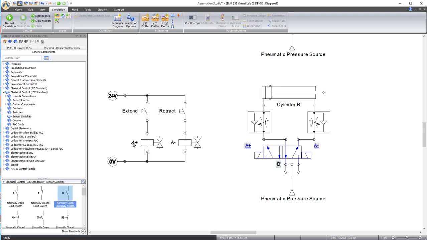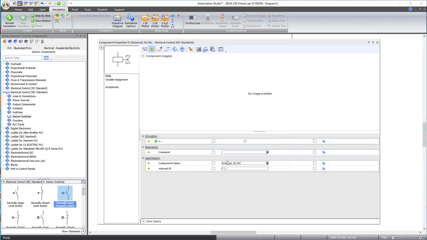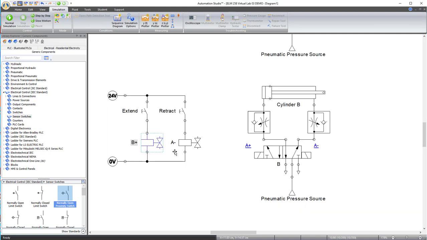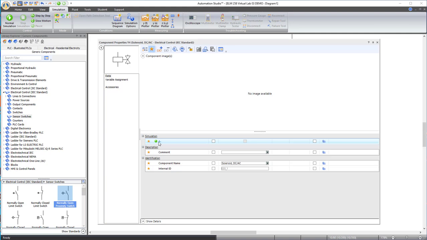It's going to be B plus and B minus, and then we have to pick that off of the alias list. So if you double click this and change this to B plus, and then this one to B minus,